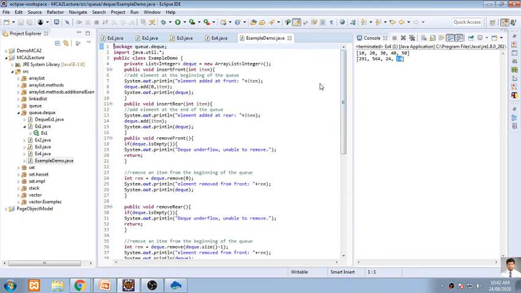Now this is one example where we have implemented many things. List